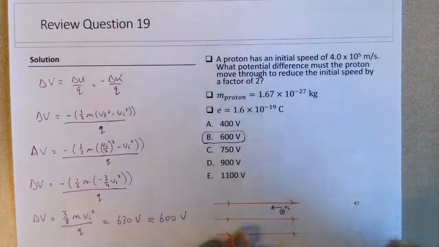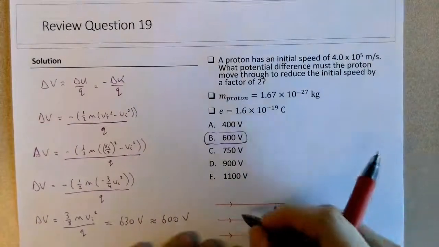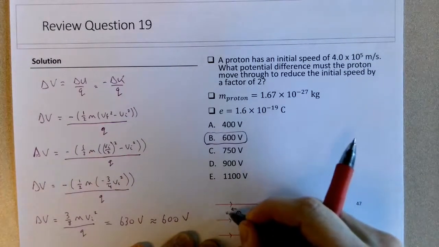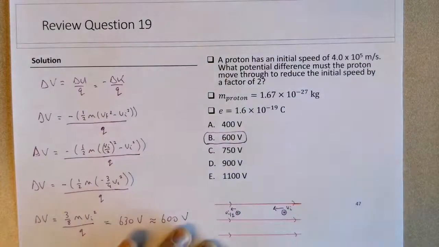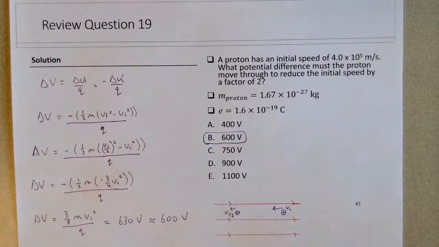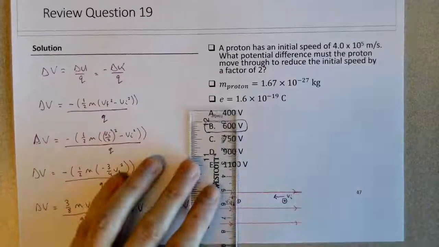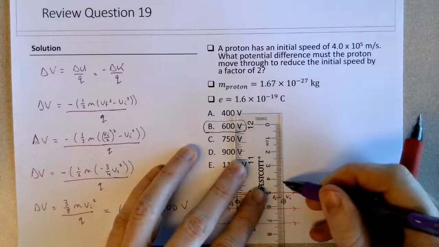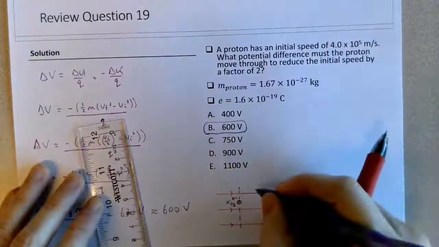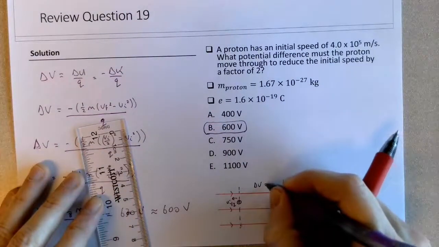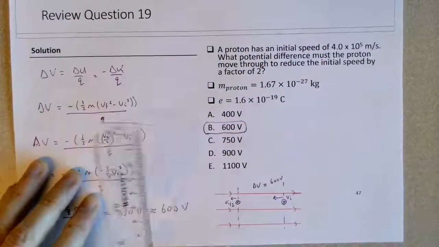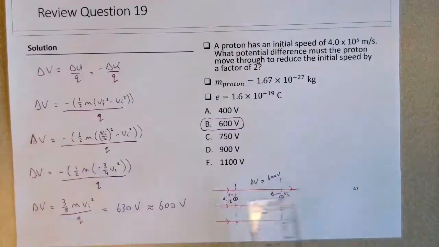So this will be V_i. And if at some point later it's moving with the speed of V_i divided by 2, and the electric potential difference between these 2 points, between these 2 equipotential lines, this delta V would be approximately 600 volts, where this point on the left is at 600 volts higher in potential than the